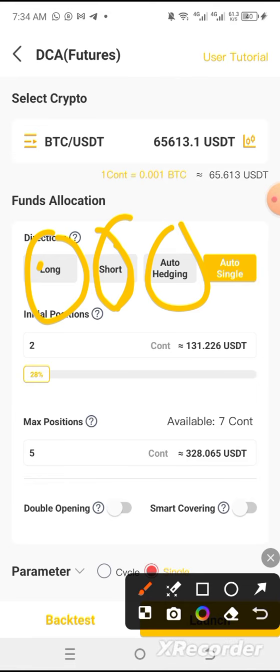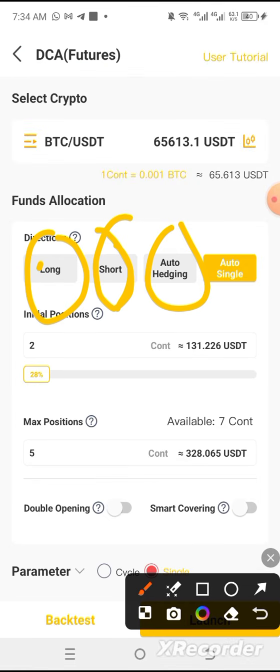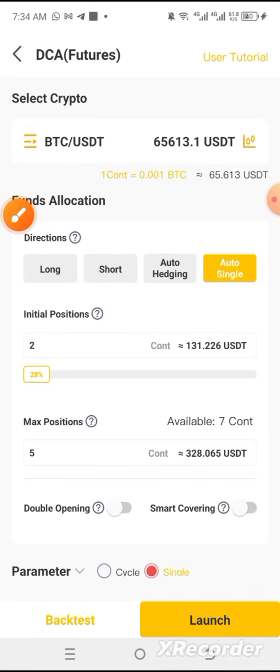It will keep buying and also auto edging. We have auto edging, which means it will be buying the two for you at the same time, so both the buy and the sell at the same time. So that's on that. Now, what am I trying to say here is this. It is an automated system also because it can keep selling and buying for you, and it can also get signals for